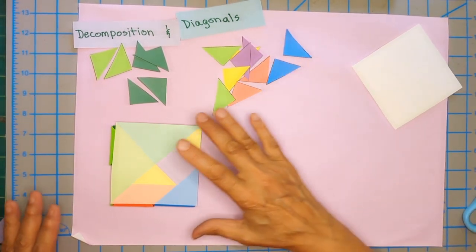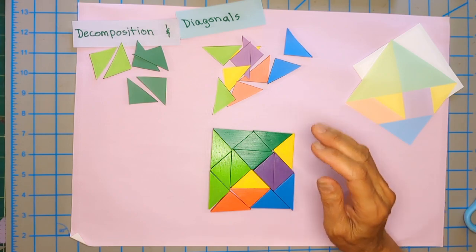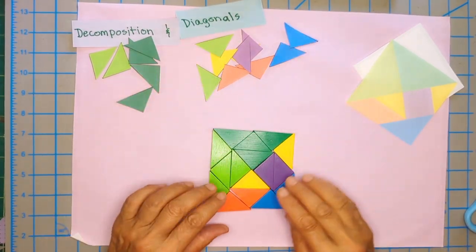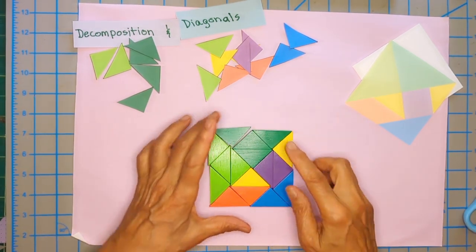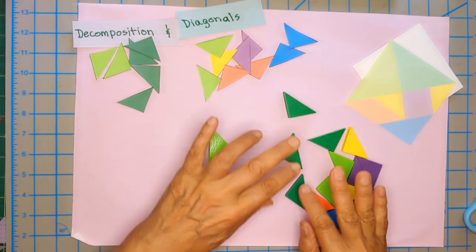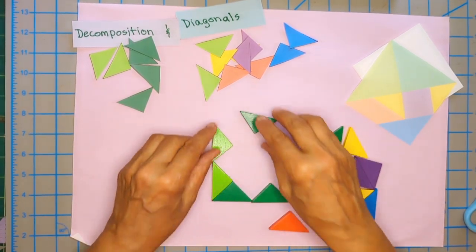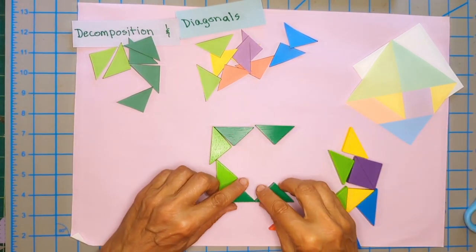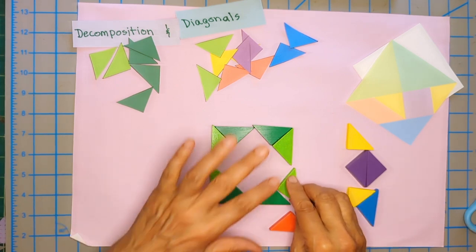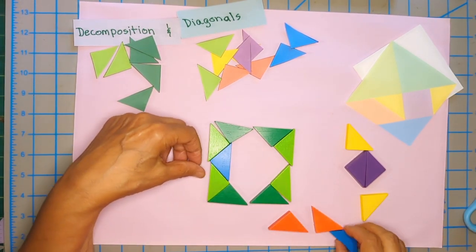And the last part of the activity I'm going to do with these nice tiles. This is from an old toy, but they're sized in the way I'm using it. It's an old toy I don't think is available anymore. But you've got your paper pieces, so you don't need them. And so the last part of the activity would be to create some nice designs that are not part of the typical Tangram designs, because here we've got the Tangram decomposed down to the small isosceles right triangle. So you can just start making some nice designs, see what you come up with,